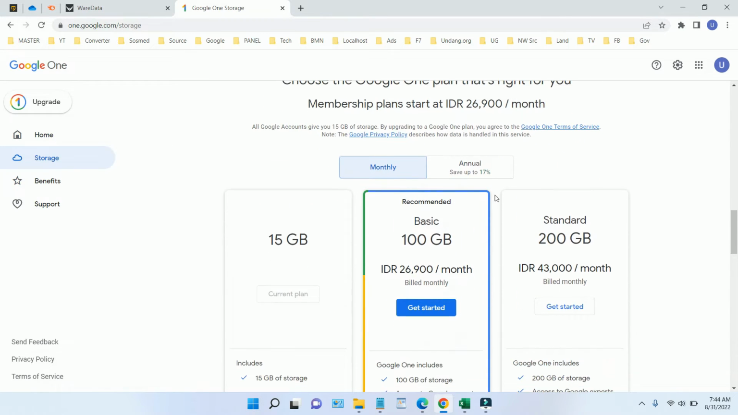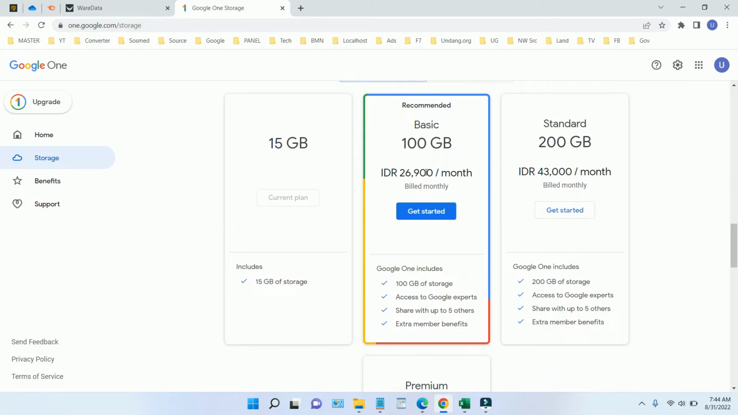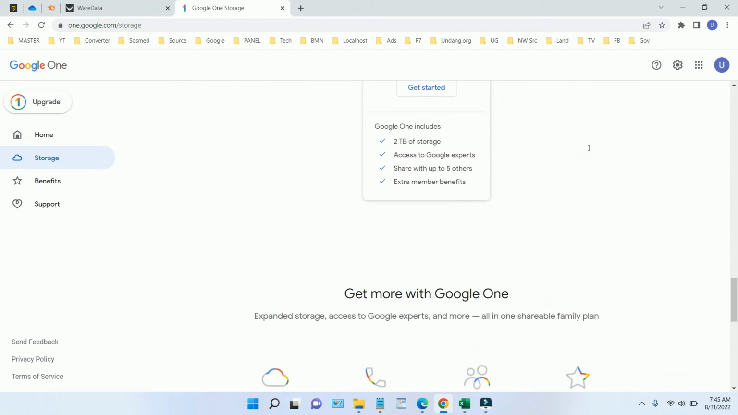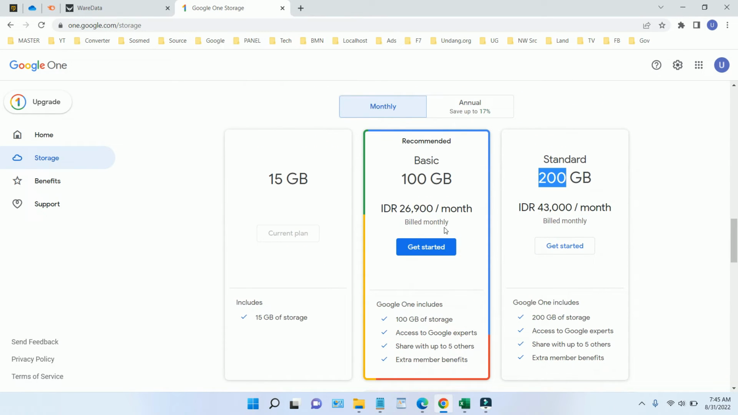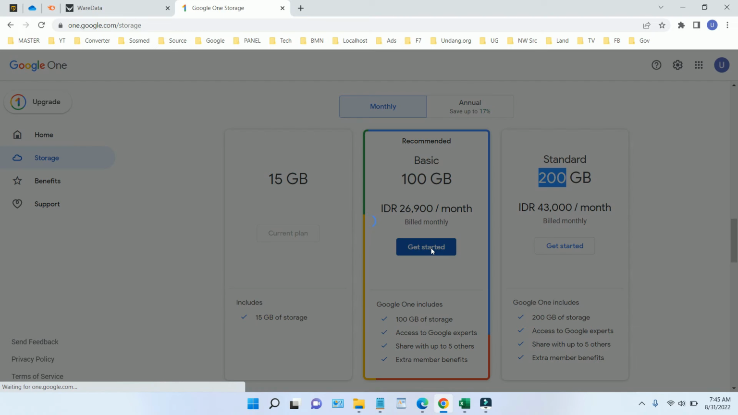Just click get more storage. You will be directed to the plan of each item. For example, our free account is 15 gigabytes. For basic, it is 100 gigabytes, and standard is 200 gigabytes. Okay, you can get, for example, the basic for 100 gigabytes. You can click get started,